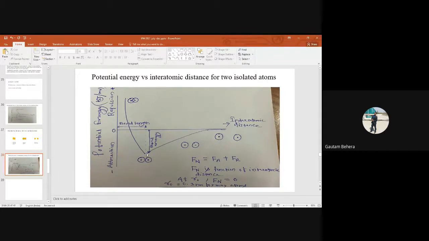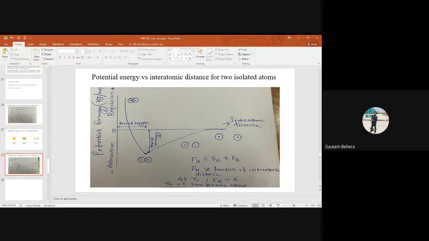But the moment you bring these two atoms closer, after this equilibrium distance, if the distance is reduced further, what happens? Again, the potential energy will increase. Why? Because a strong repulsive force will start acting. After this point, if the distance between the atoms is reduced, the potential energy will increase again because the repulsive force will be more dominating now. That's why the potential energy is moving up in this figure. This is the repulsive direction. This is the attractive force direction. Fine.